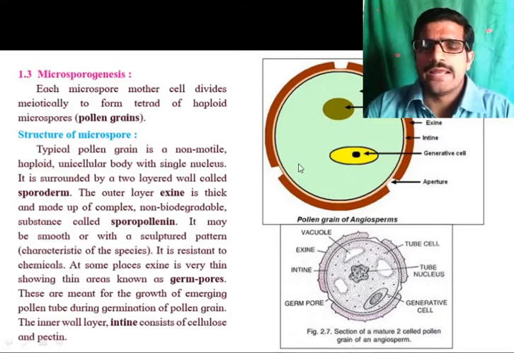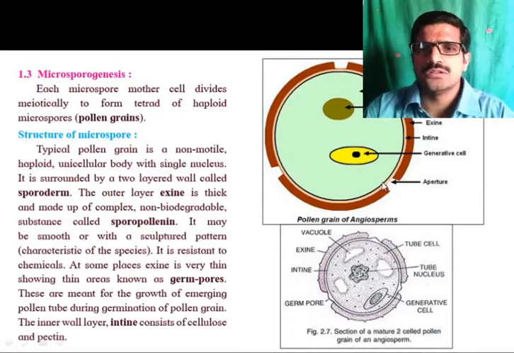So during the act of pollination, this pollen grain is transferred on the wall of the stigma, and here the volume of this pollen grain will increase in size and it will burst in the form of a tube like structure. So this tube like structure formed from the germ pore is called pollen tube. Pollen tube will form through this aperture or the germ pore. So this is about the structure of pollen grain.